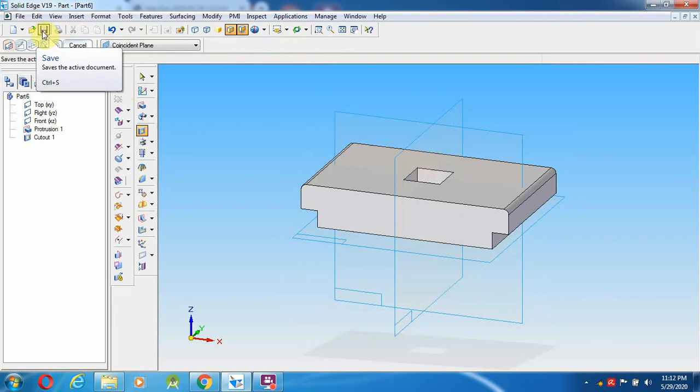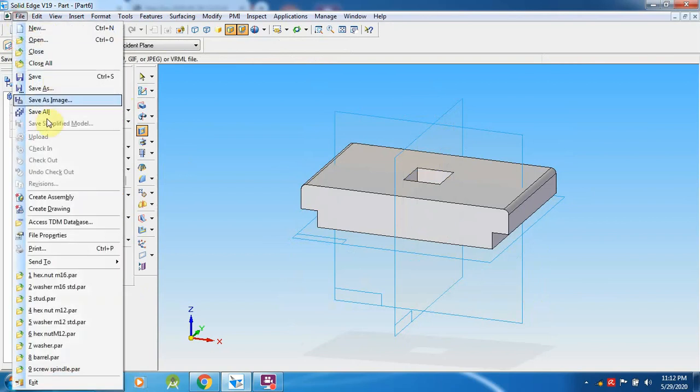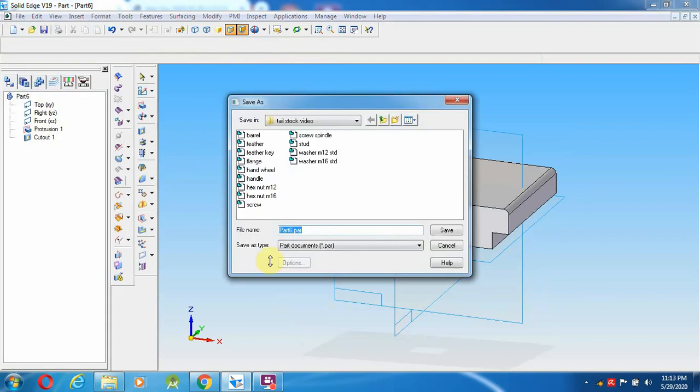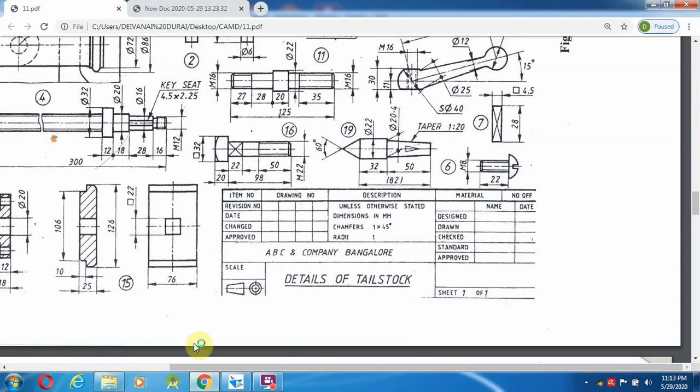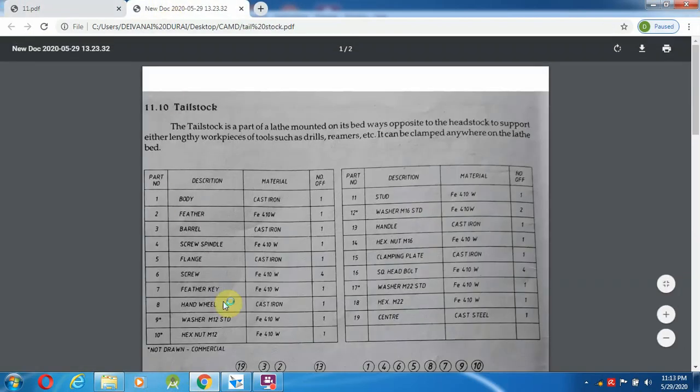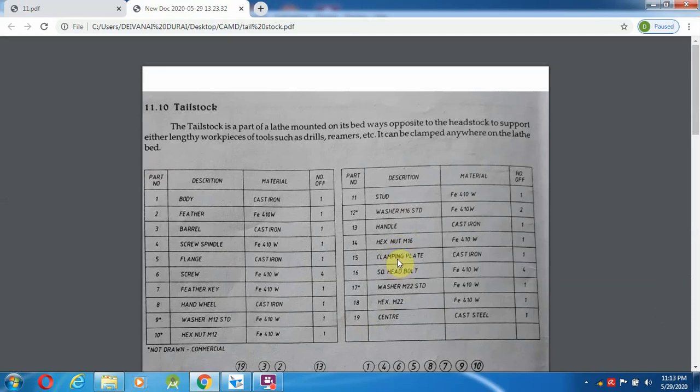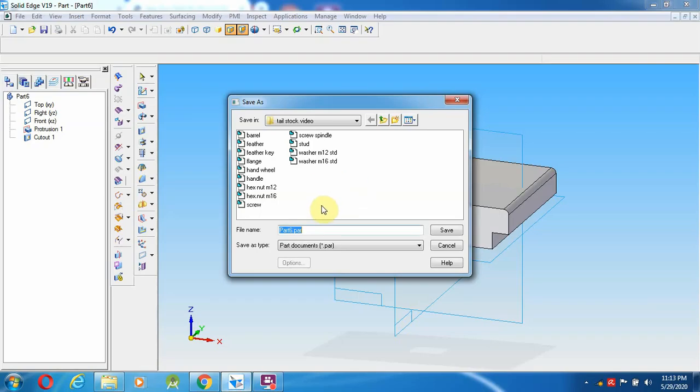So you can save this component as whatever they have given in the drawing sheet. So that is the clamping plate. Go over here, select clamping plate.